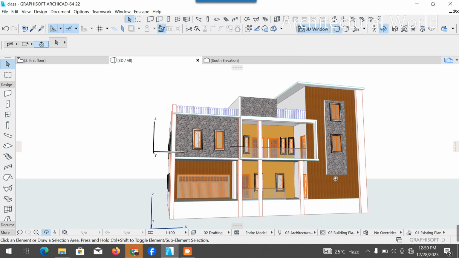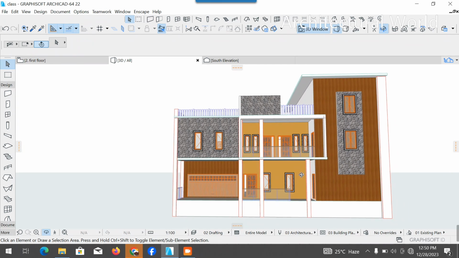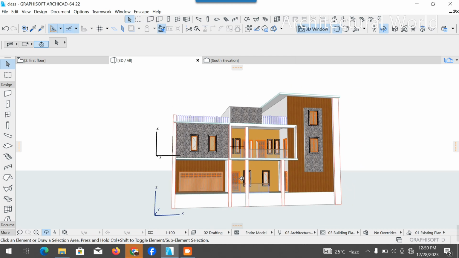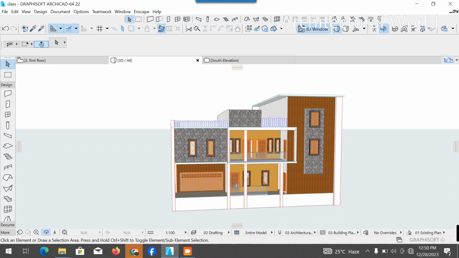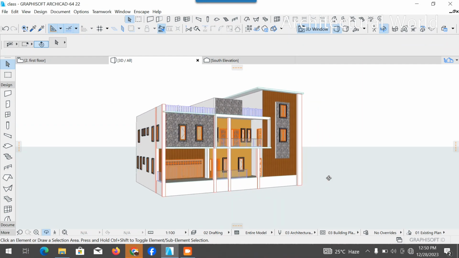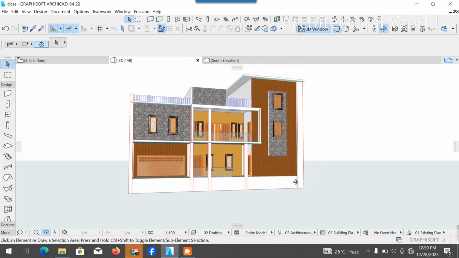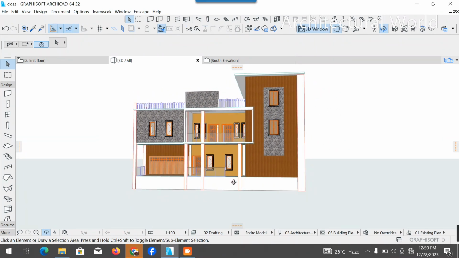Okay, so what is the next? Let's check our colors blending very well, so don't make mistake. We have our colors, this matching this. Okay, we have this matching this, then we have this. Okay, so what do we need? Our lightings are going to come in, but before our lightings,